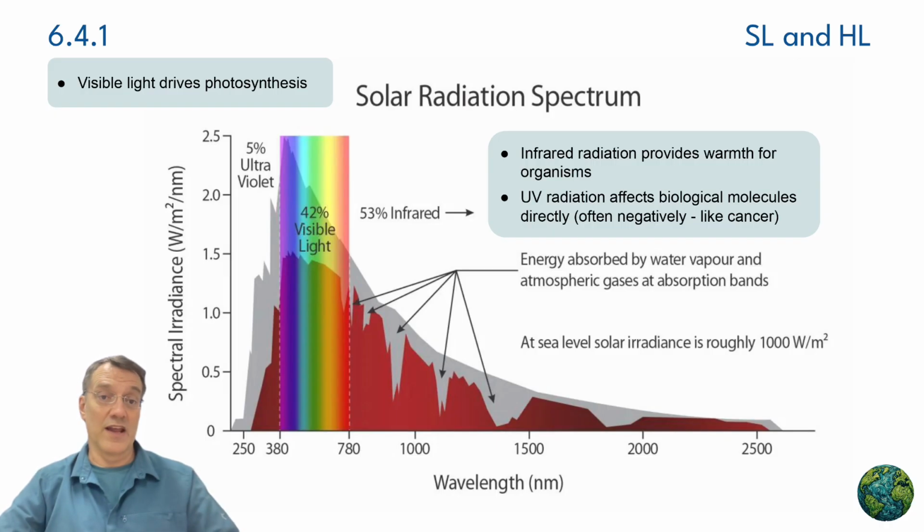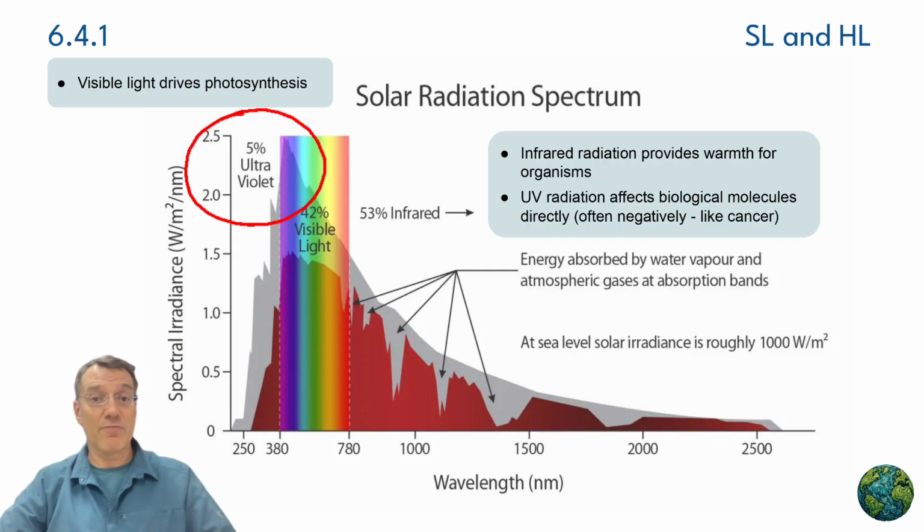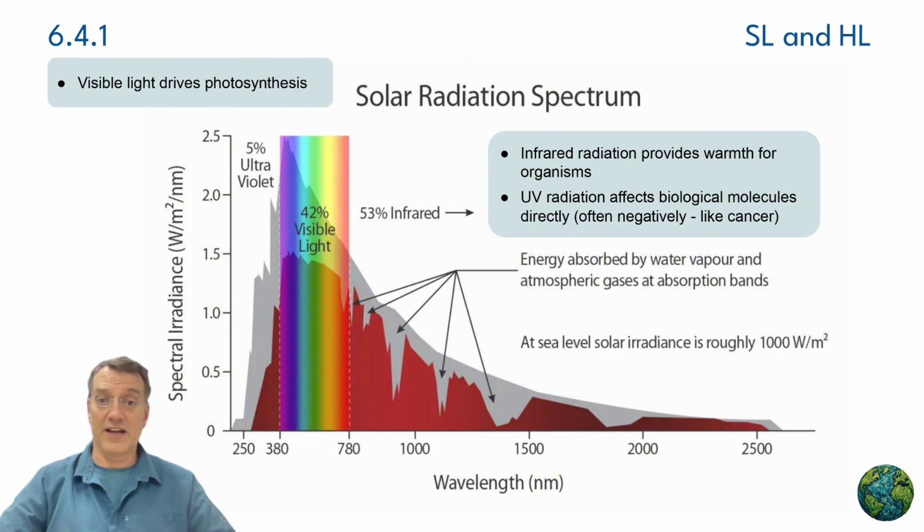This diagram shows us what the sun actually sends to Earth. About 42% of solar radiation is visible light. Those are the colors that we can see that drive photosynthesis in plants. About 53% is infrared radiation, which we feel as heat and what provides warmth for organisms. But here's what we need to pay attention to. About 5% of that light is ultraviolet or UV radiation. This UV radiation affects biological molecules directly and often in harmful ways. It can cause mutations in DNA, and that might lead to cancer. So even though UV is only a small fraction of what the sun sends towards us, it's the most dangerous